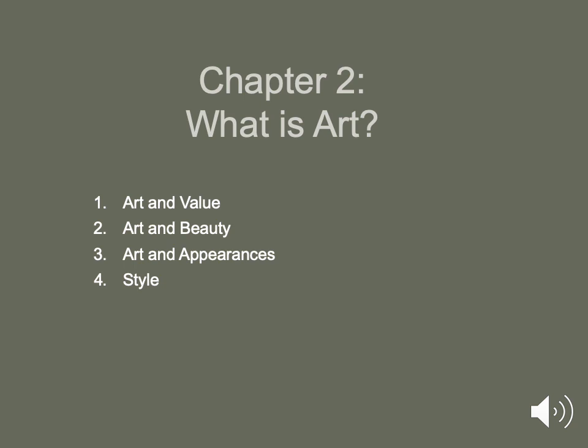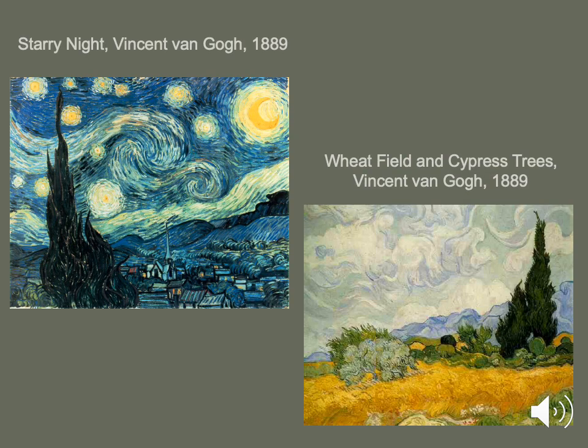This is section 3 of chapter 2, in which we will discuss style. Every artist has their own unique style. Style just refers to characteristics in an artist's work that can be constant, coherent, or reoccurring. A great example of that is when we look at the artwork by Vincent van Gogh.